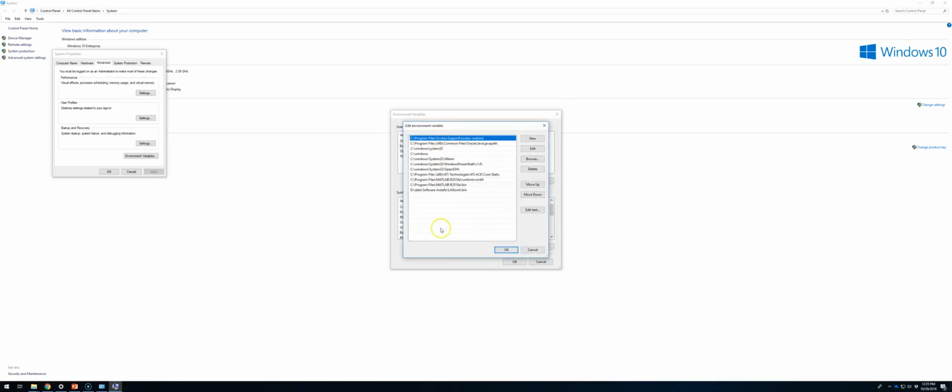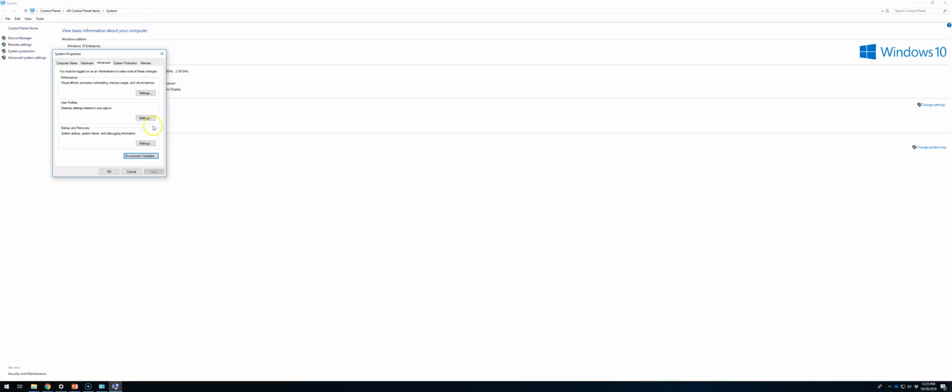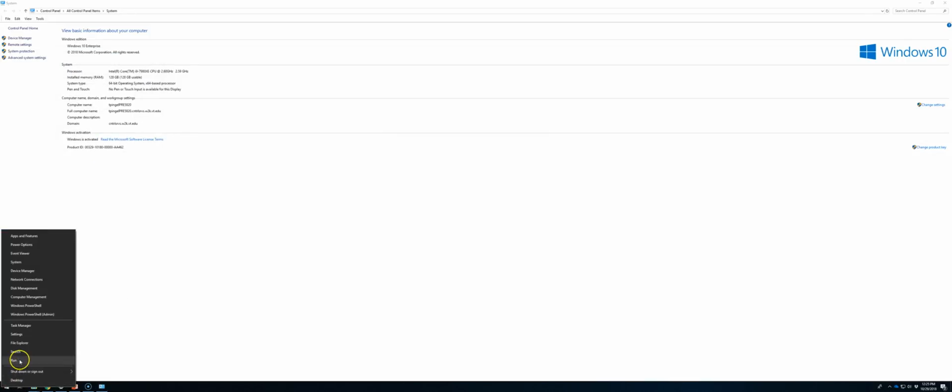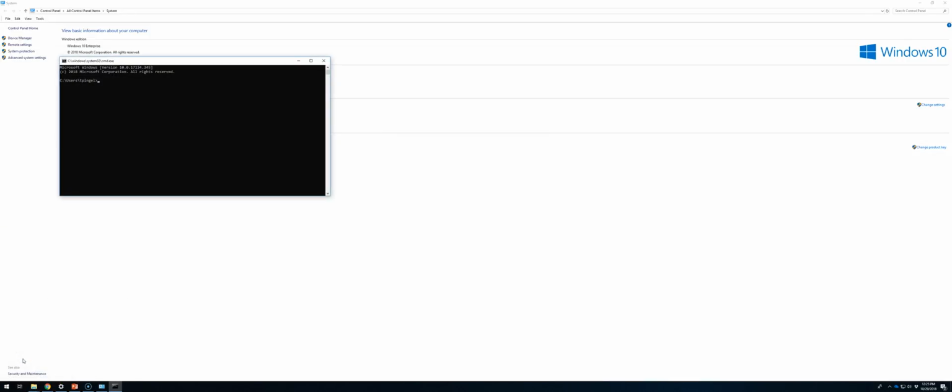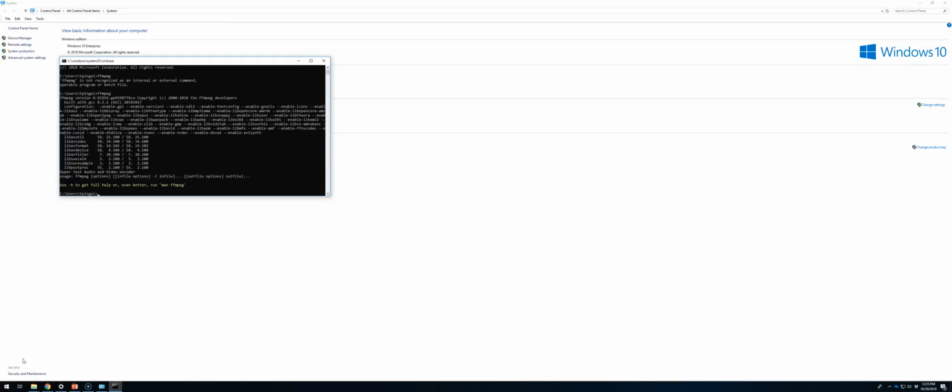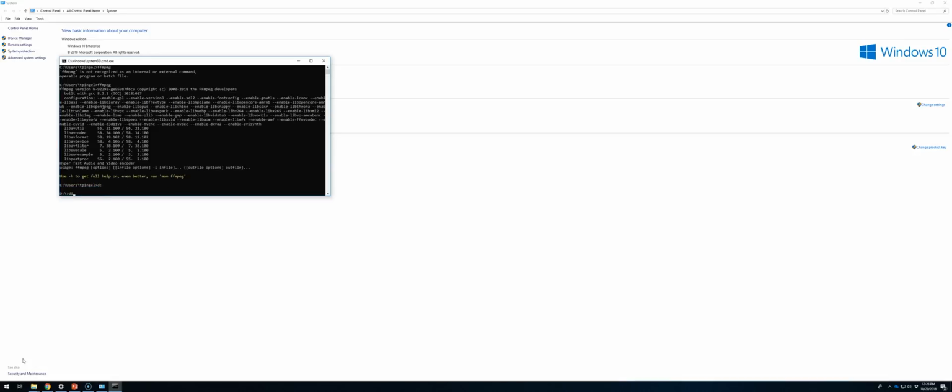You can see that I have a number of other things in here. I'm just going to add a new piece here and paste the directory to the binary file for FFmpeg. And I'm going to hit OK. What that lets me do is when I open a command window now, I can type FFmpeg, and it's going to look and it's going to find that file in the program directory and run this information. So now we can go to our